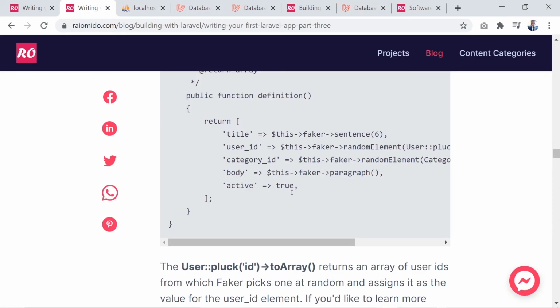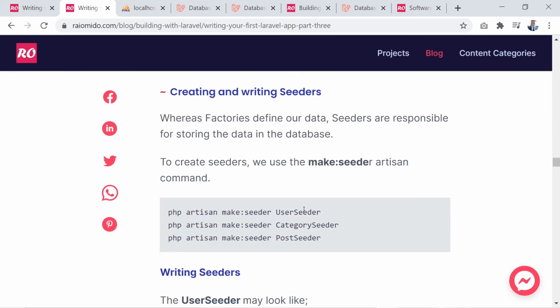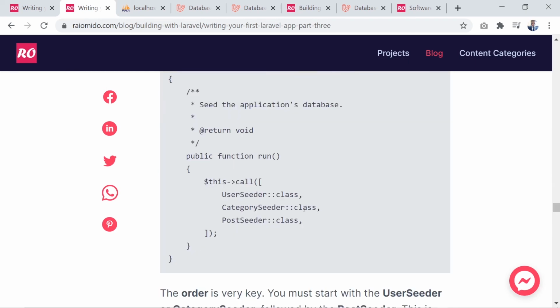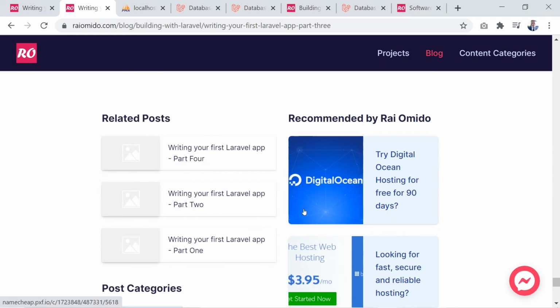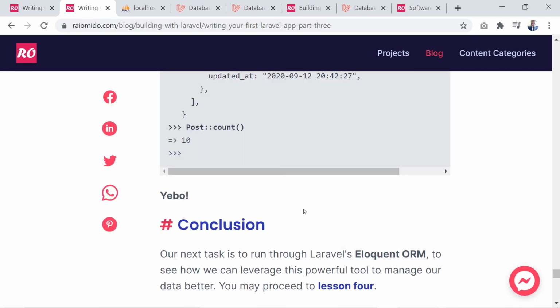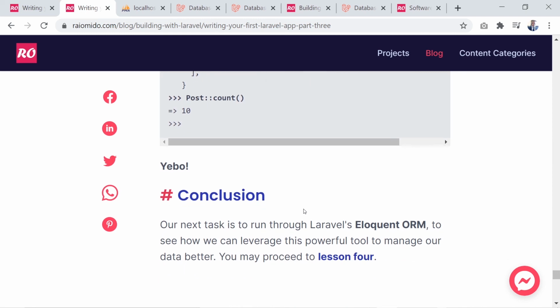Otherwise, thank you so much. So in our next lesson, we are going to run through Laravel's Eloquent ORM, just to see how we can leverage this powerful tool to manage our data better in our next lesson,